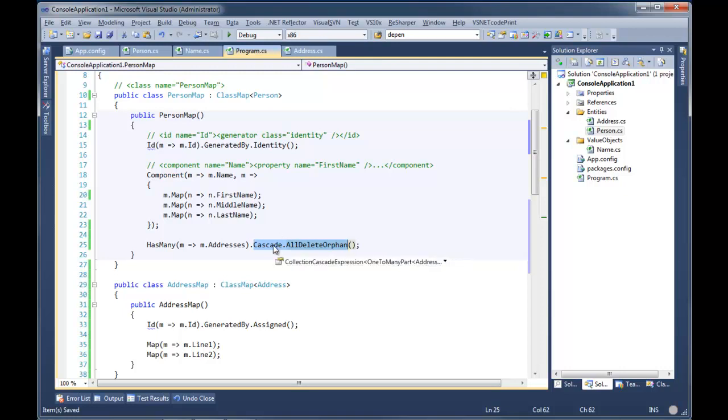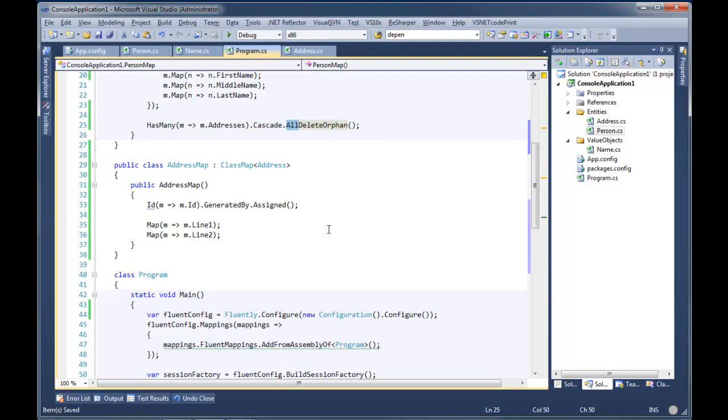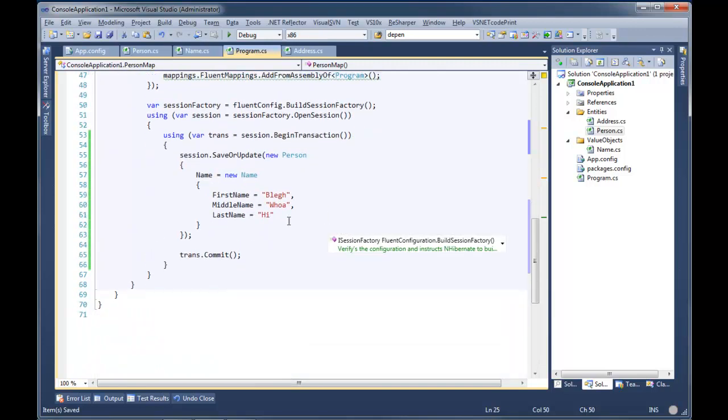Exactly. So cascade delete orphan, that's what you would want to do. Also, that's the delete orphan part. The all part specifies that whenever we save a person, we want NHibernate to see if we changed any of his addresses, and then save those addresses too. Likewise, if we delete a person, all of their addresses will go away too. Right. So there's our address map, and now we can go ahead and